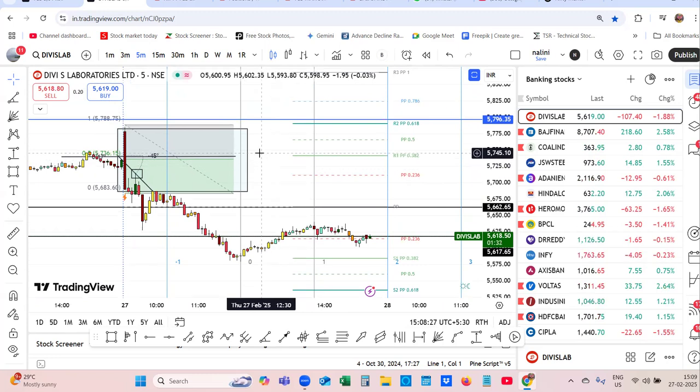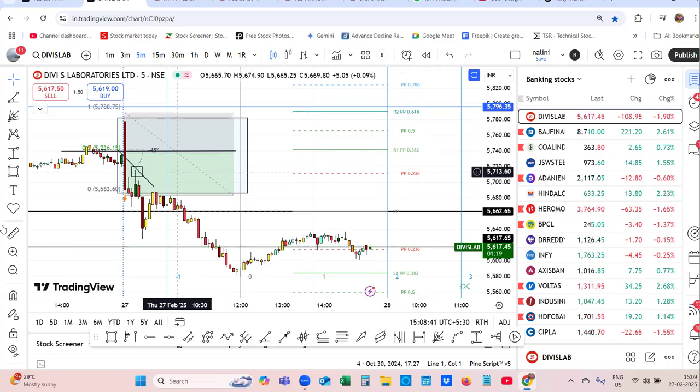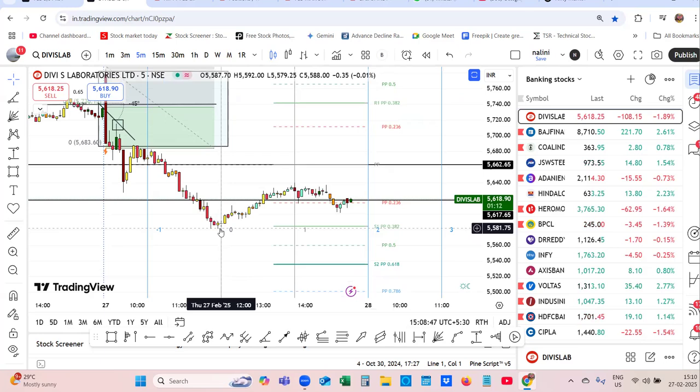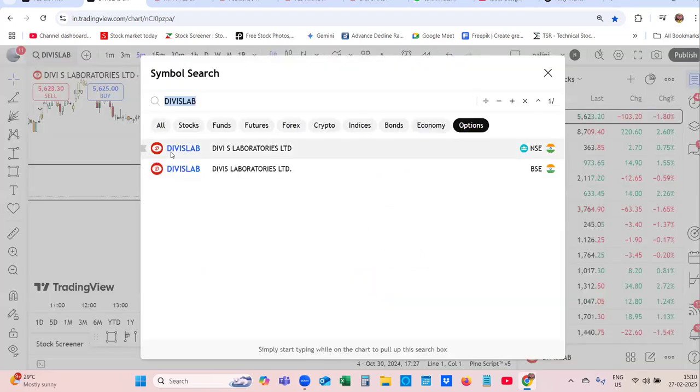From here, if you would have taken it, 0.382 and 0.618 was the highest point. You can see this is the 0.618 it has plotted. From 0.618, it has started coming down and it has closed. It made a low of 5,581. Suppose if you would have taken a put option, 5,700 or 5,800 put option, let us check how